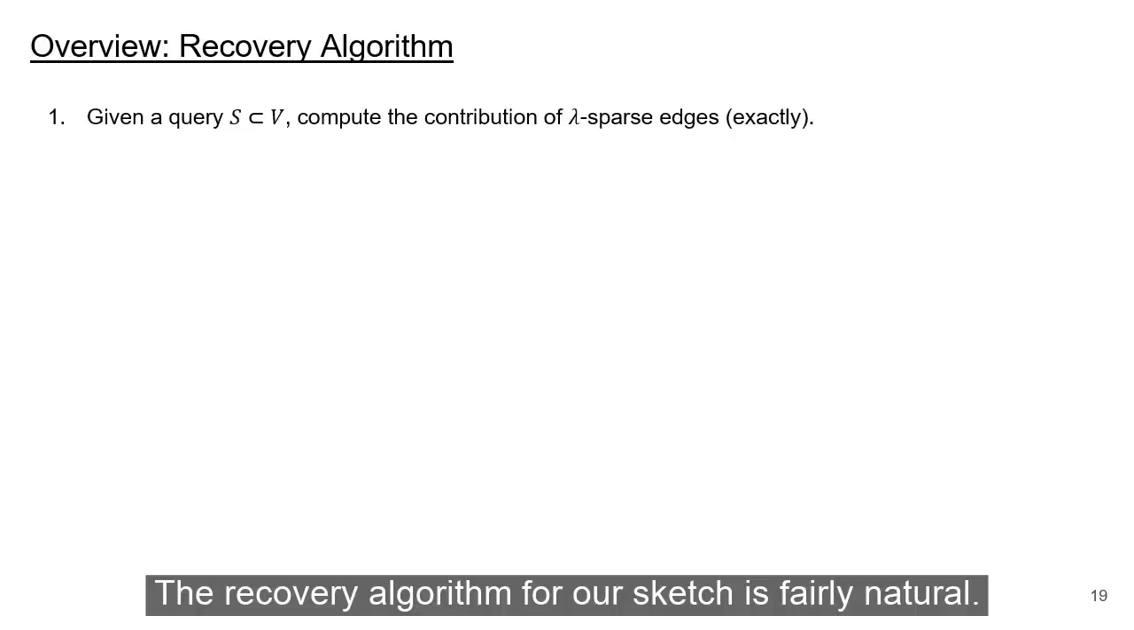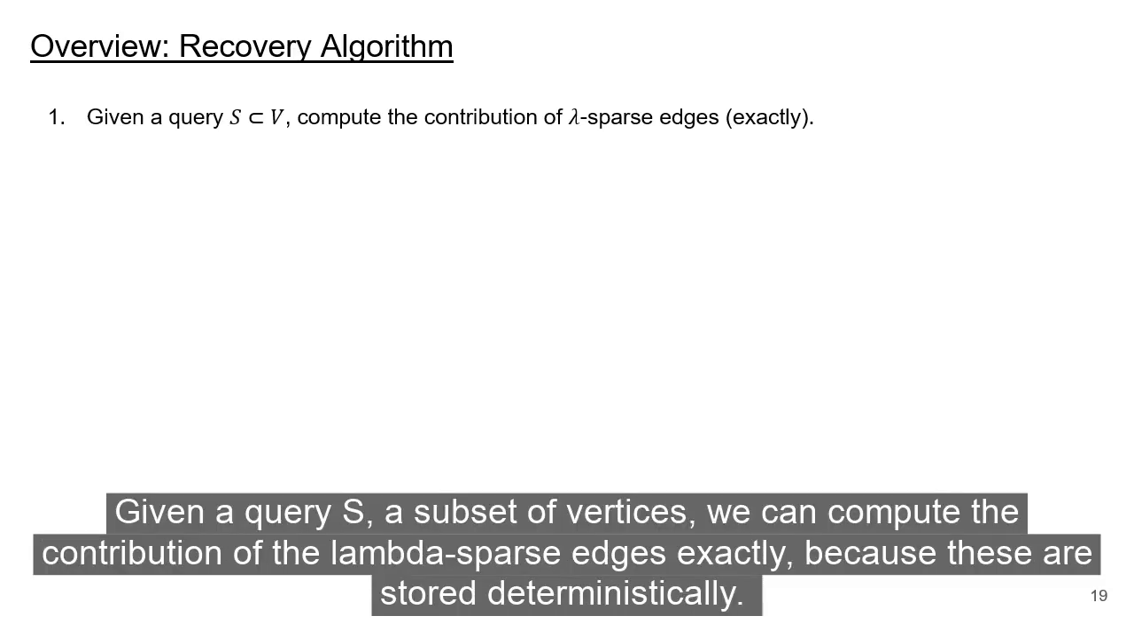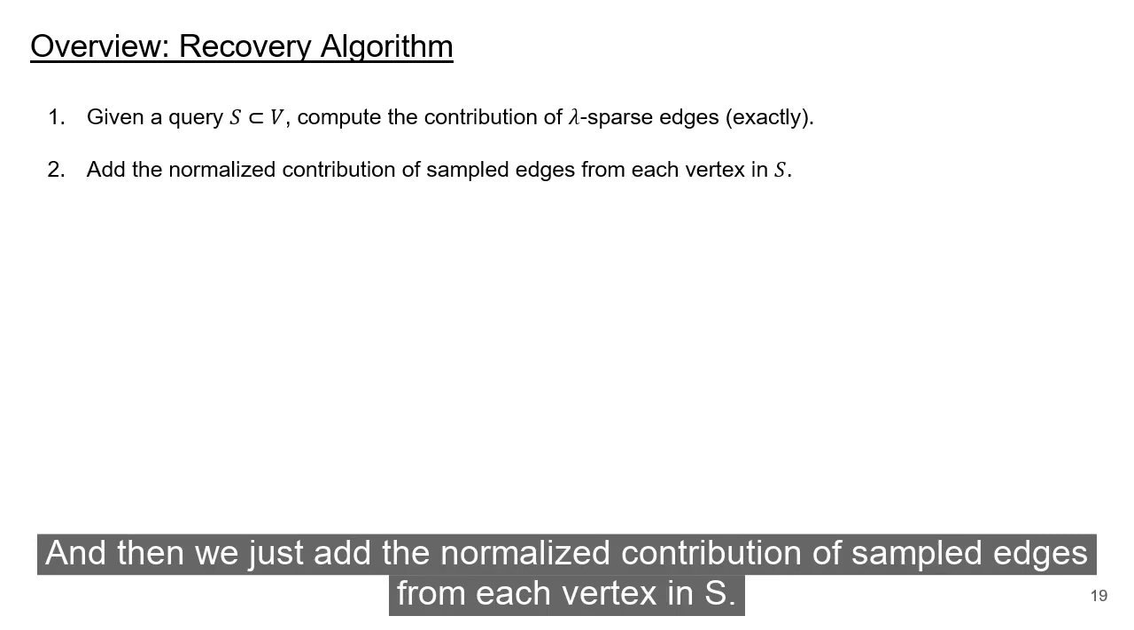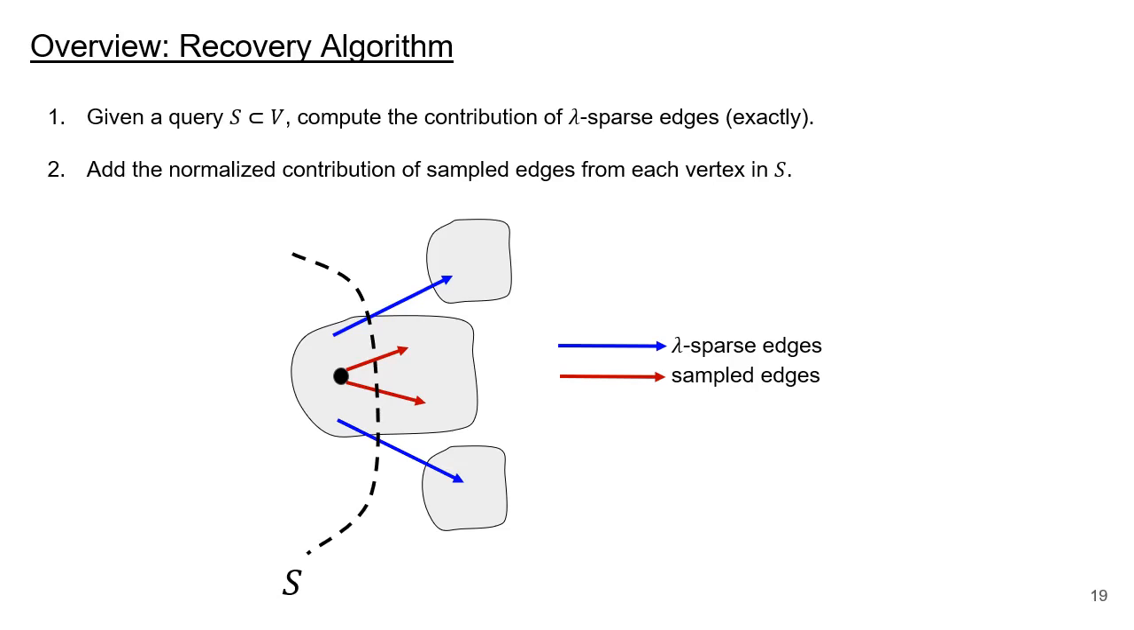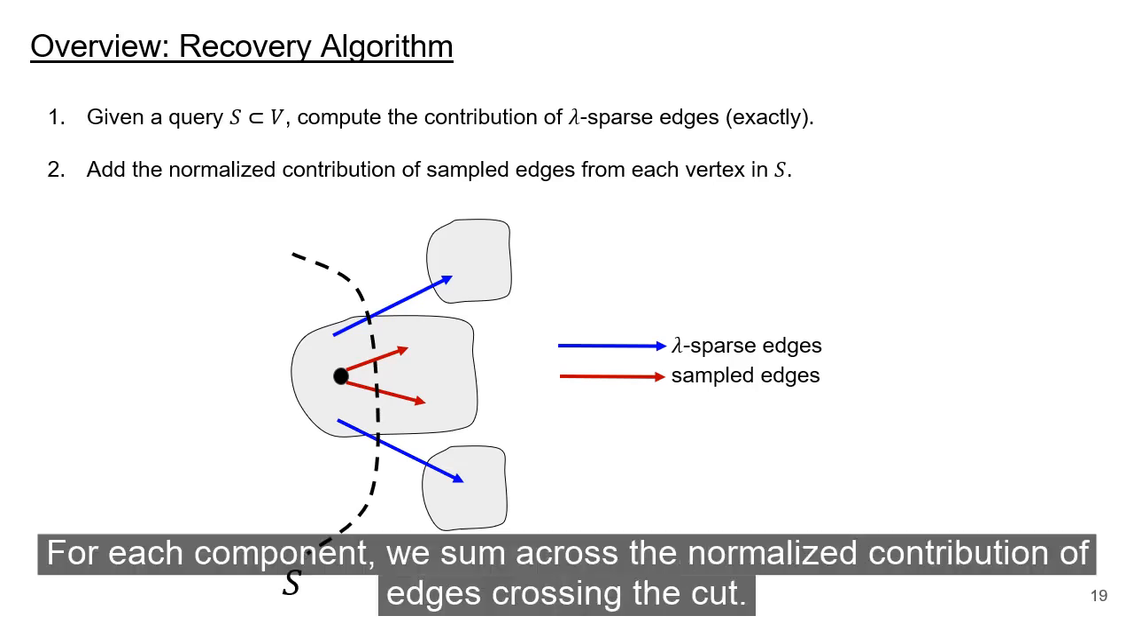The recovery algorithm for our sketch is fairly natural. So given a query S, subset of vertices, we can compute the contribution of the lambda sparse edges exactly because these are stored deterministically. And then we just add the normalized contribution of sampled edges from each vertex in S. So again, if our cut looks like this, after removing the edges in lambda sparse cuts, we are left with these what we'll call dense components. And the blue edges we can compute exactly, and then for each component we sum across the normalized contribution of edges